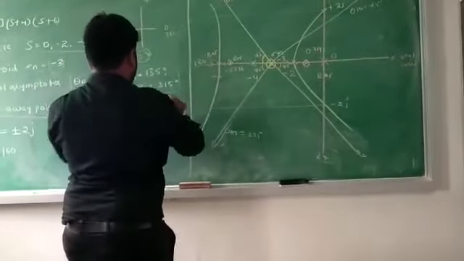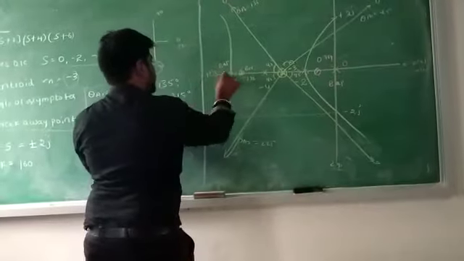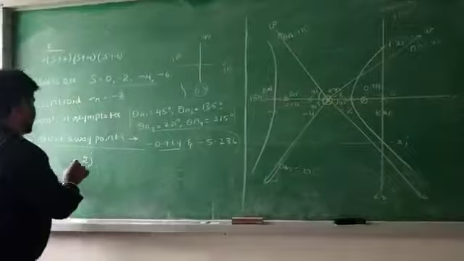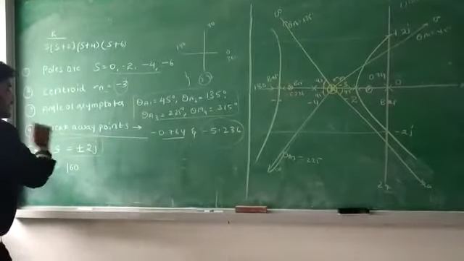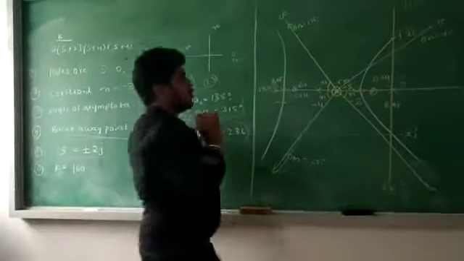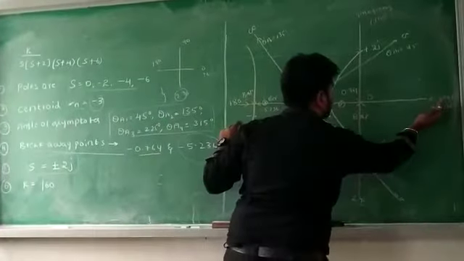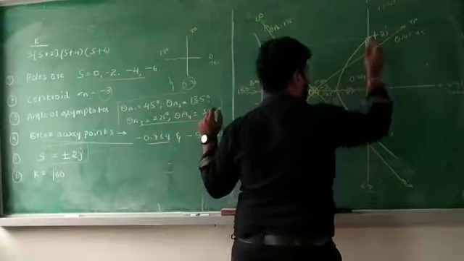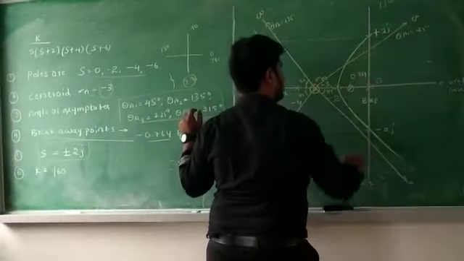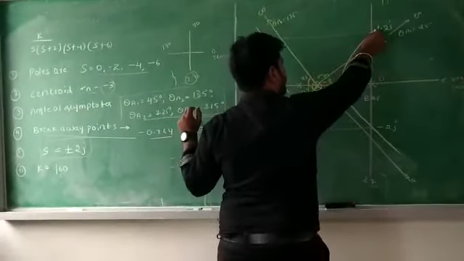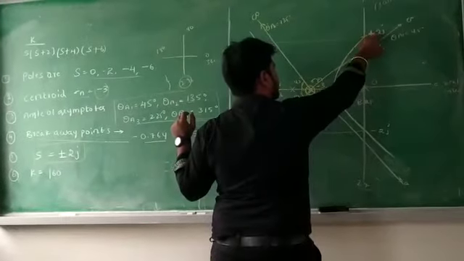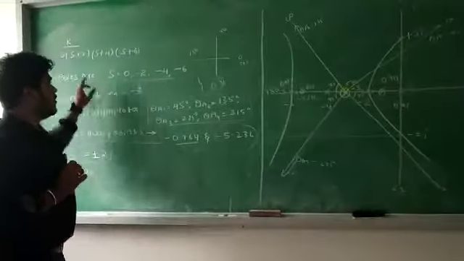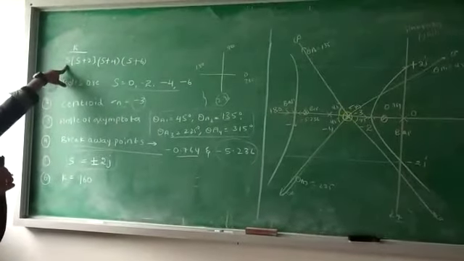After making the points, you should connect the arcs to the imaginary part. As I told in the class, while doing the analytical part, plus or minus 2j is the intersection point. So this x-axis is the real axis and the y-axis is the imaginary axis. It is the imaginary root, so I take plus 2j and minus 2j and point them out on the y-axis. After that, you take a curve which should touch this plus 2j and minus 2j, and this completes the root locus plot whenever only simple poles are given in the problem.